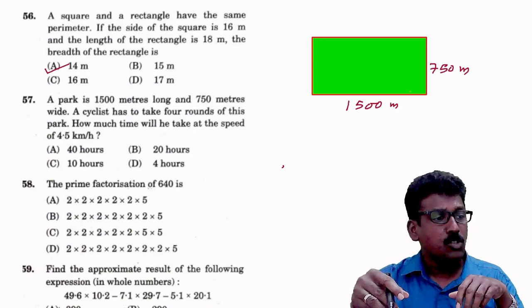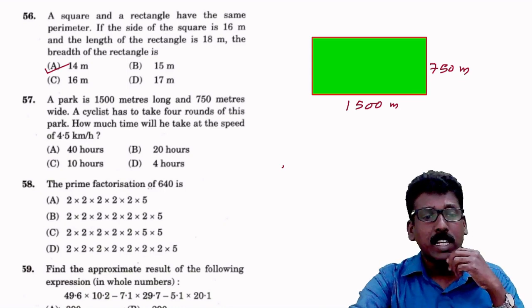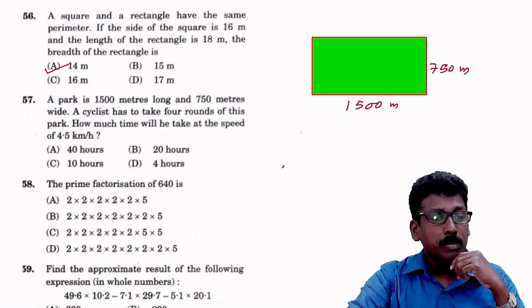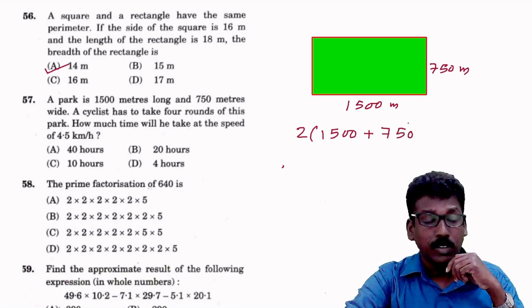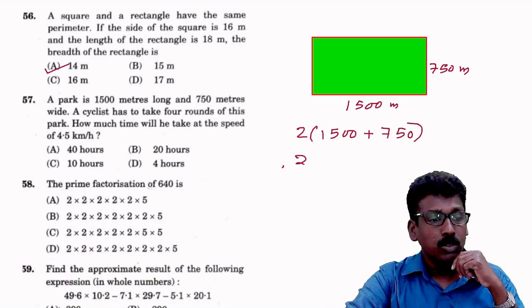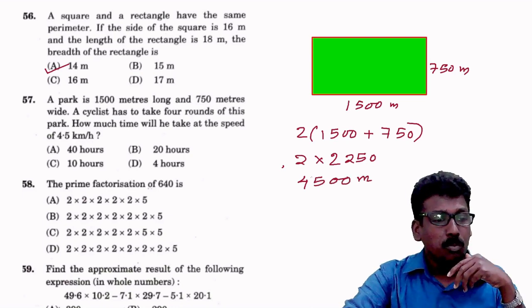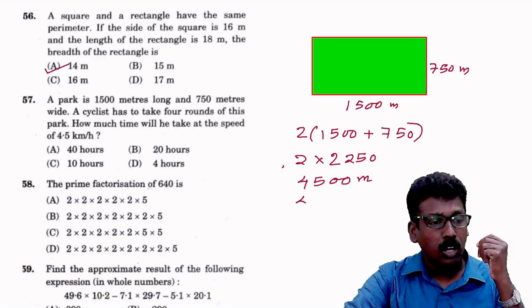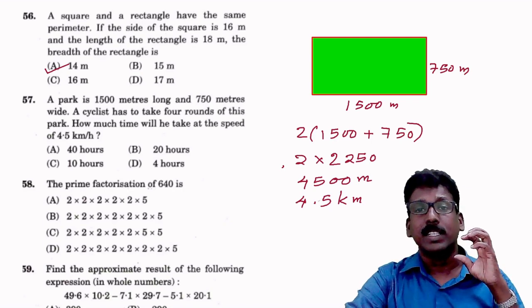He is traveling at the speed of 4.5 km per hour, and you have to find out how much time he takes. So first let us find out the perimeter. Perimeter means 2 into length plus breadth, that is 2 into (1500 plus 750). That is 2 into 2250, that is 4500 meter. If you make it into kilometer, you divide by 1000, so you will get 4.5 kilometer. This is the distance he traveled